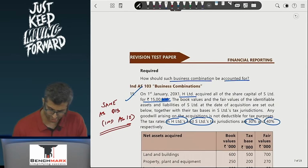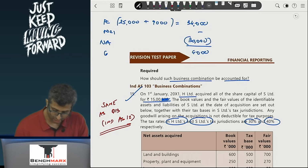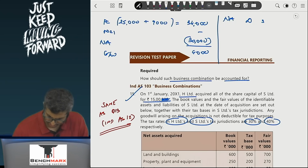How should the business combination be accounted for? Sir, PC will be how much I am paying for the 70% stake, that is 25,000, plus the fair value of the existing 30% stake 9,000. So PC is 34,000. There's no NCI because you're acquiring 100% stake, and net assets are 30,000, and hence your goodwill will be 4,000. Now if I had to pass journal entries over here, I would say that when control is acquired, net assets would be debited. For example, at 30,000, to bank would be credited at 34,000, to investment, which is after remeasurement,